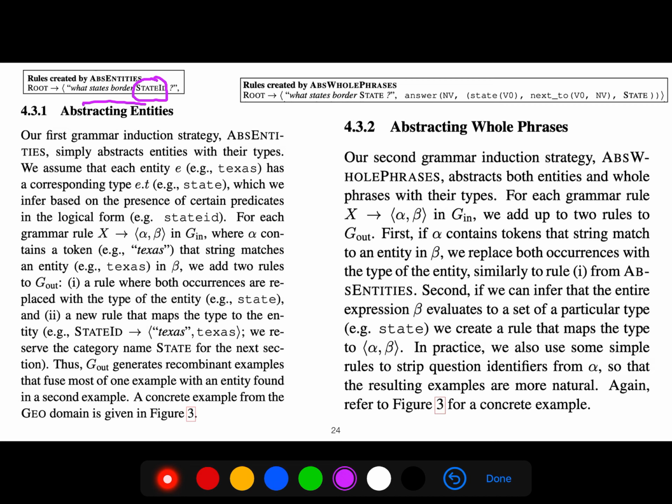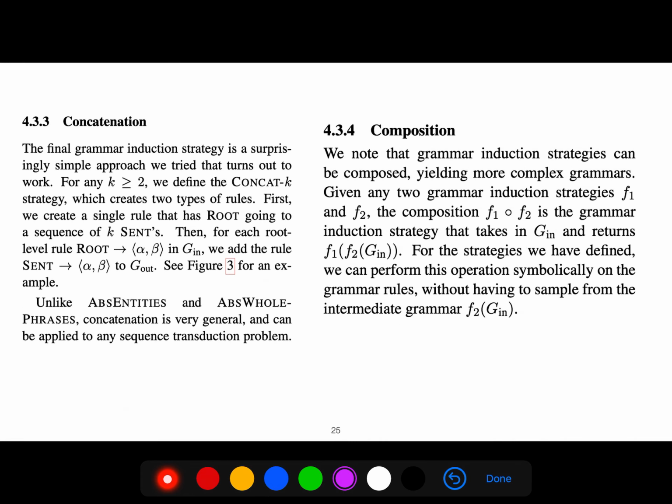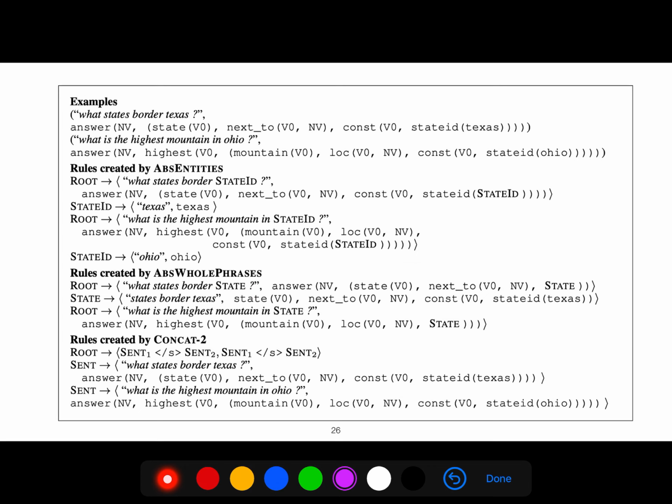The other technique is abstracting whole phrases, like in this example, what states border states. So we are abstracting the whole phrase. And concatenation is just concatenating: sentence 1, sentence 2.